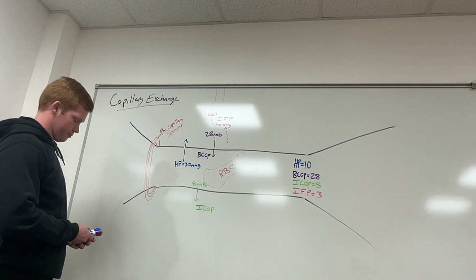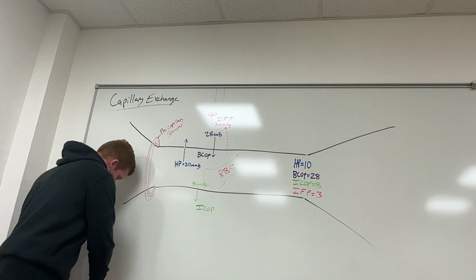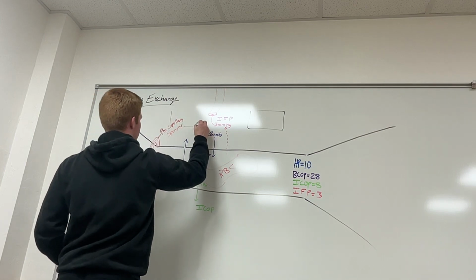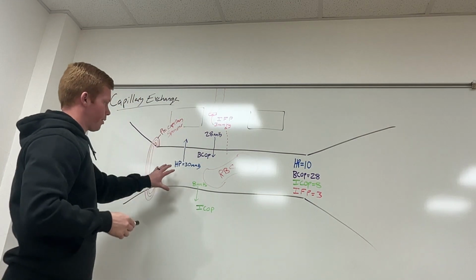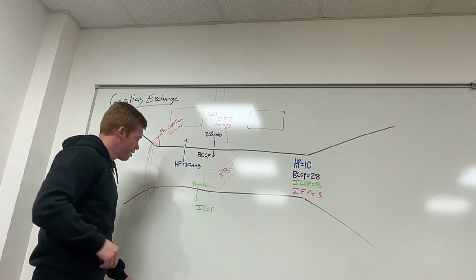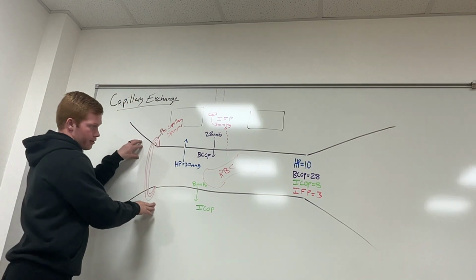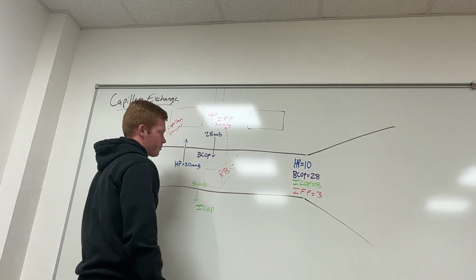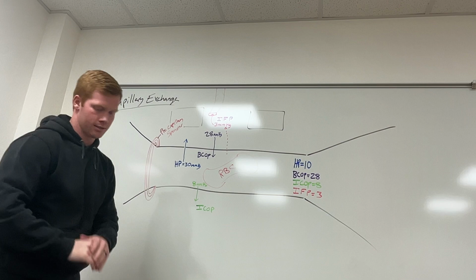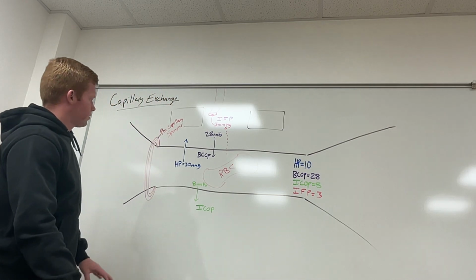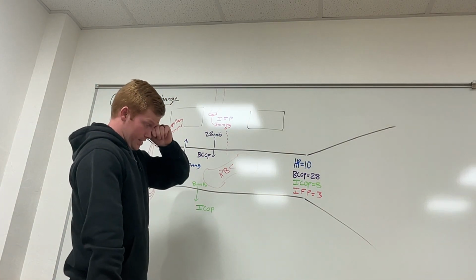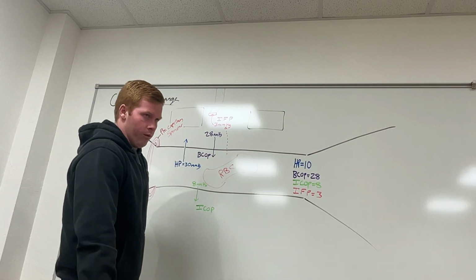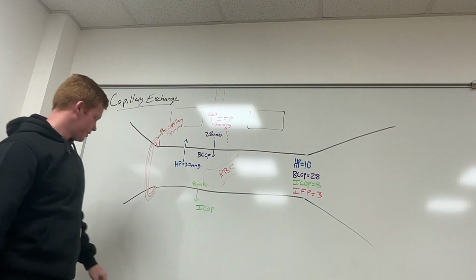This is a capillary. Forgot to draw one thing. We also have cells through the capillary exchange. So this is like the arterioles, the venules, I think they're called. And this is where exchange happens for gases and stuff. I'm pretty sure the gases and other small things can pass through here, no problem. But there's bigger things. I forgot to write down